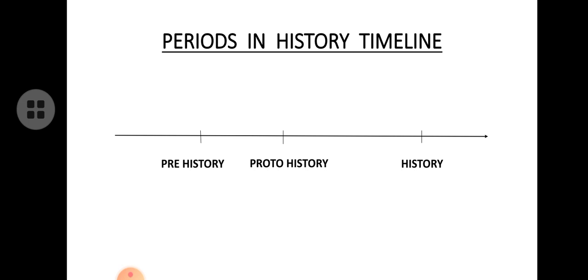And there are no written records about the prehistoric period. And in the prehistoric period, man did not have any civilization. Civilization means what? It is a developed human society. Today we are in a civilized system. We are in civilized history. We live in groups, and we are developed groups, and we have social interaction with each other.